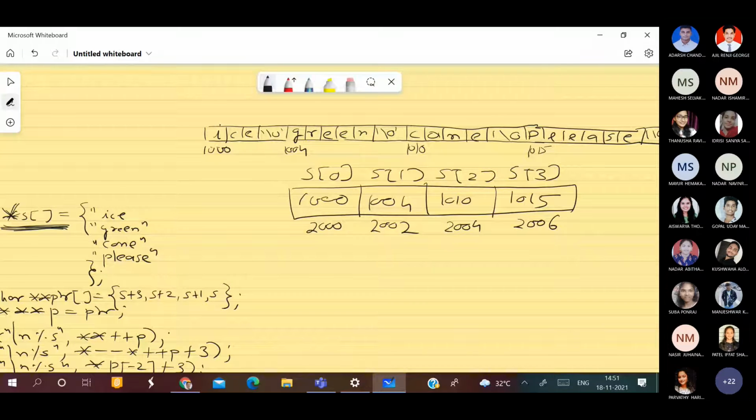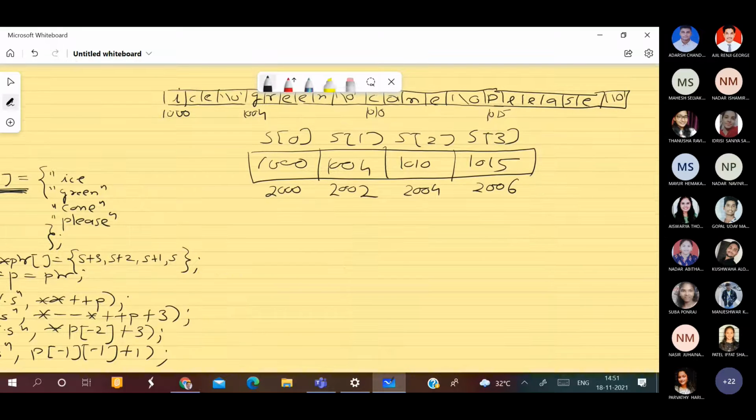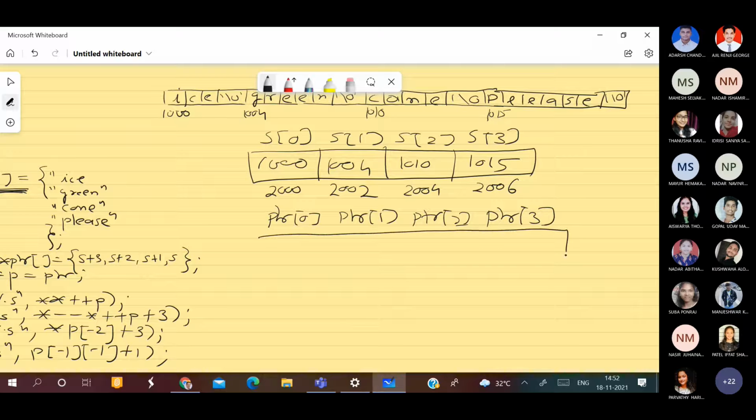Now let us go back to the second line of this program, double star ptr. So again, I'm having ptr 0, ptr 1, ptr 2, ptr 3. And in this, what we are storing is s plus 3.